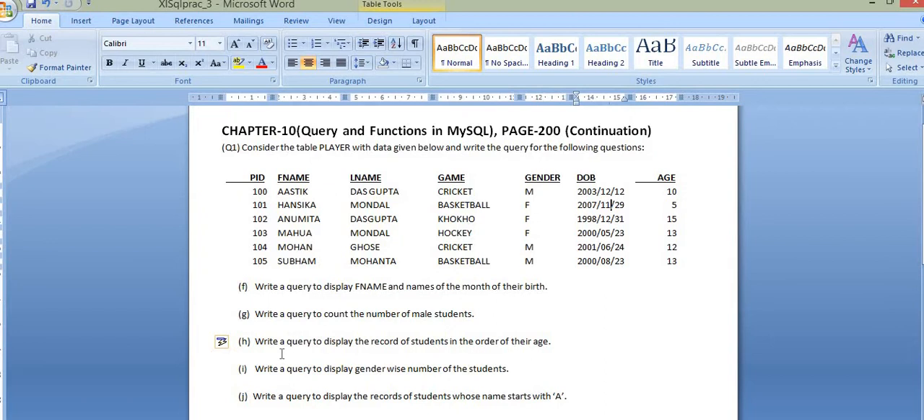Okay, now let's come to the next question. It says write a query to display gender wise number of the students. That means we have to display the number of the students gender wise. Again we have to use the count star function and the gender column,